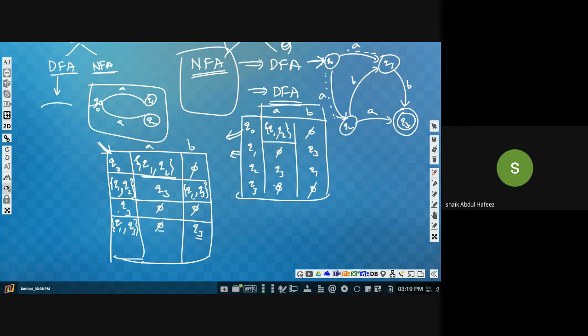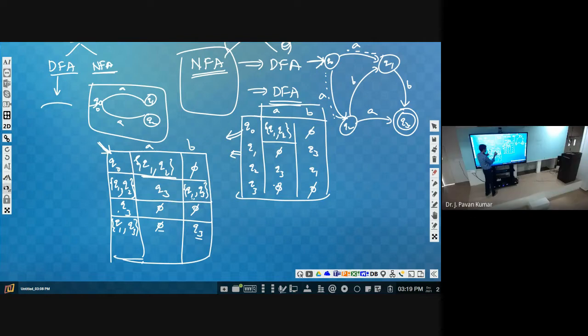No, sir. You can observe here, q1 comma q2 we have as a new state, but we have considered that one as the new state and identified it. Next, q3 and q1 comma q3 are both new states, those also we have identified. Now these all are empty and this is empty. This is q3 which is already present in this. So there are no more new states. Then we can say it has the transition table.